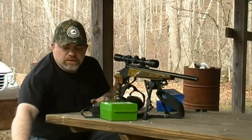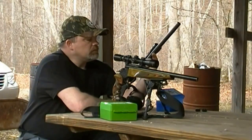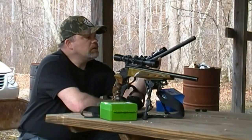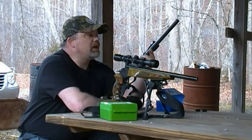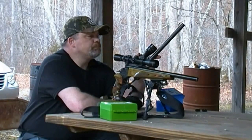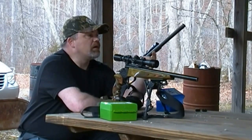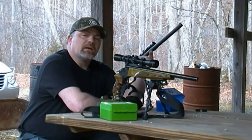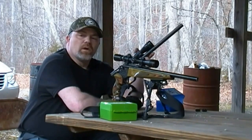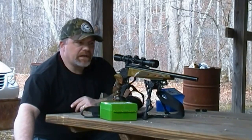We've also done some load workup with a match grade machine, 14-inch 17 Fireball, and got some really good results out of it today, running some Nosler 20 grain bullets through it over a couple of different powders, and I've been real happy with the results. We'll get into those here after a while, but we're doing load workup in preparation today for a trip